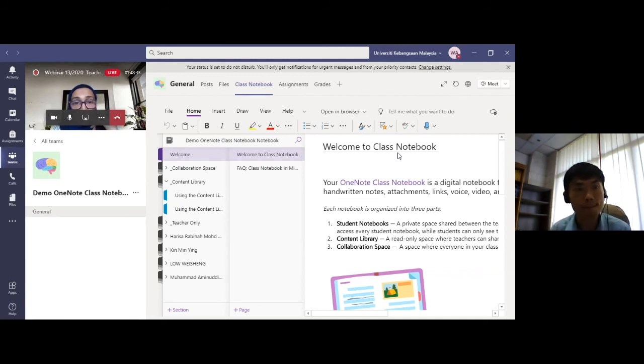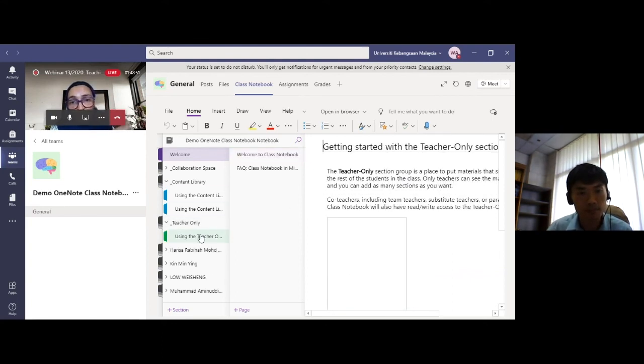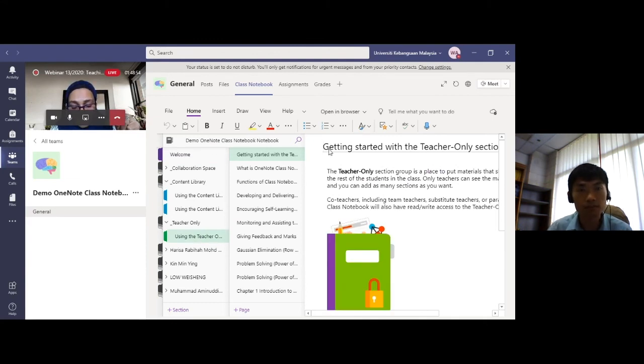Okay. Two of the features that you shared that I really liked, especially when you're thinking of planning, was the teacher only section. I like that part because it gives you the freedom to brainstorm and think about how you want to plan your course without having to share anything with your students. I really like that. And the immersive reader, because like I said, I come from the humanities, so there are lots of texts that students have to read, understand and analyze, so I like the immersive reader very much.